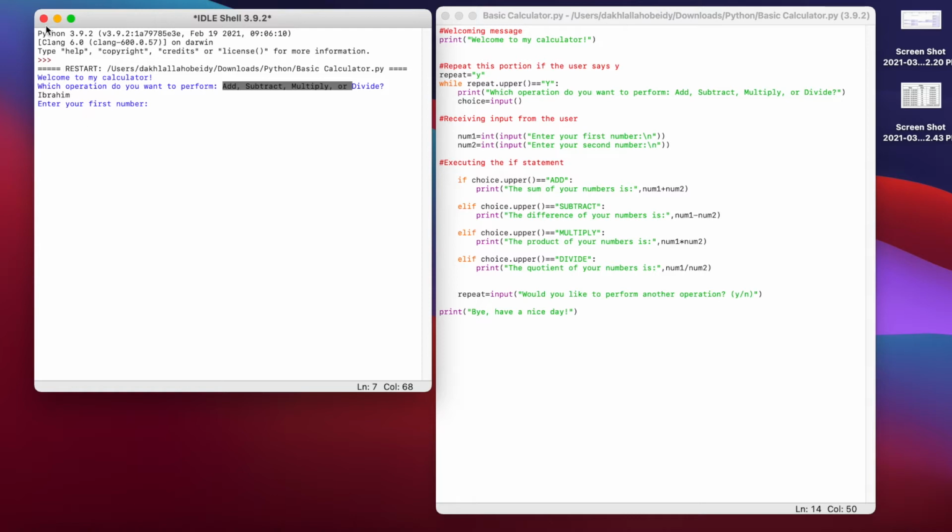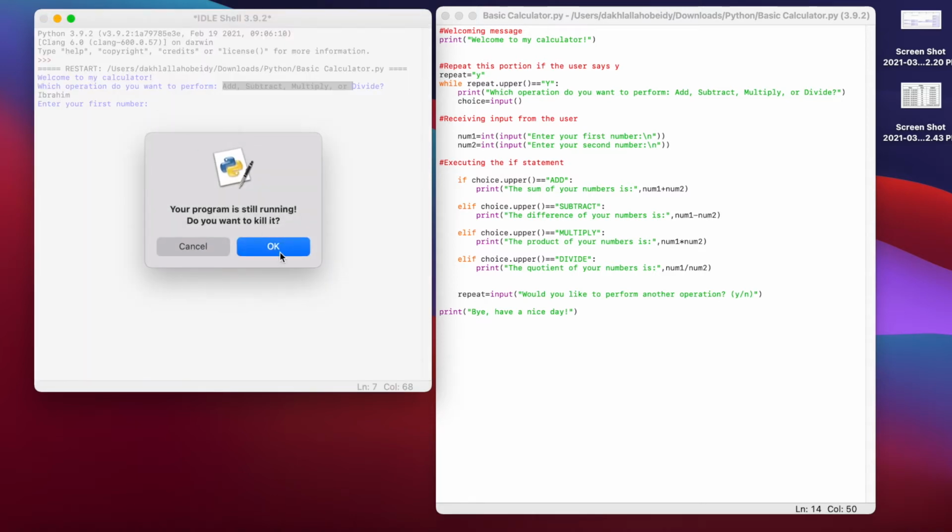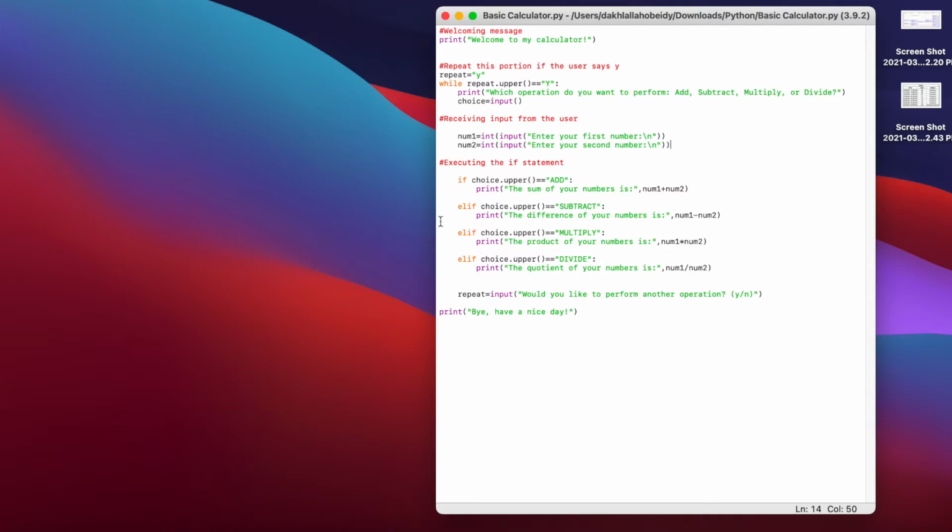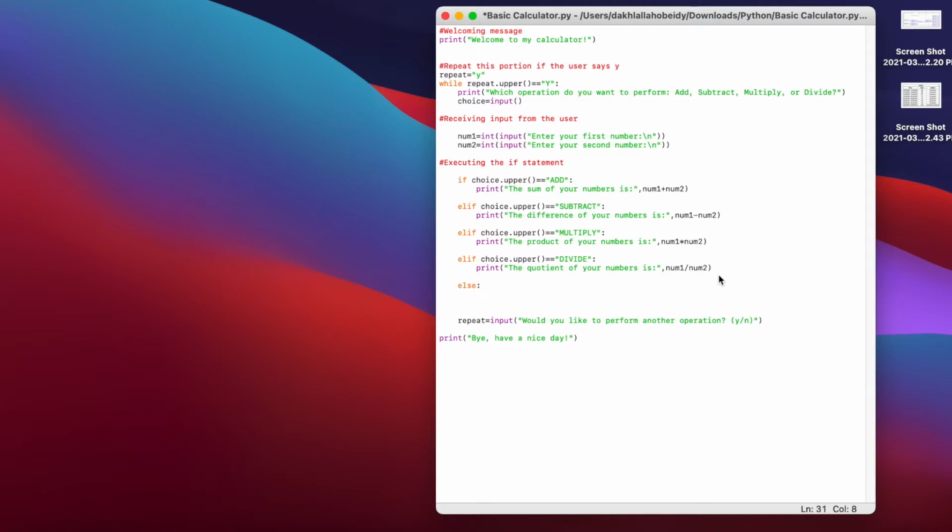So let's see what we can do. Here I'm saying that if the user chooses add, do this; if the user chooses subtract, do that; if the user chooses multiply, do that; if the user chooses divide, do that. Then I say else, meaning if the user wrote anything else, I tell it to print